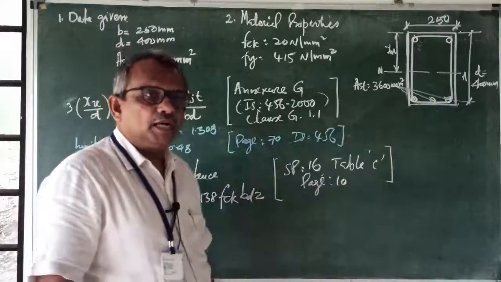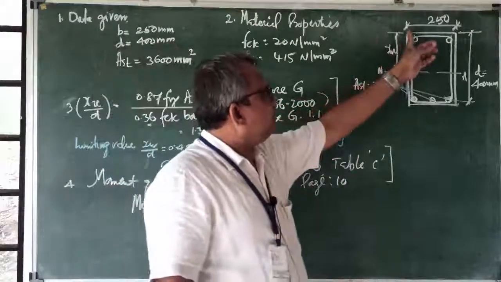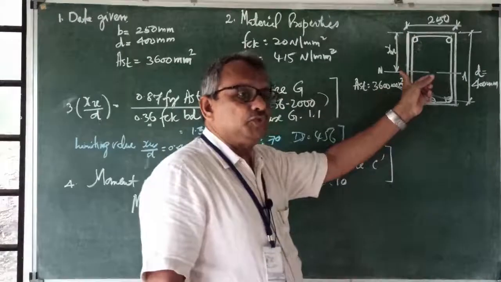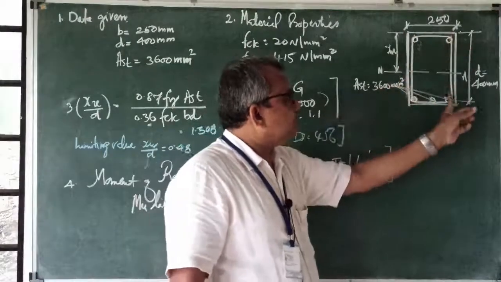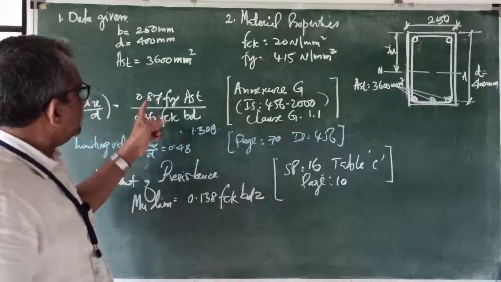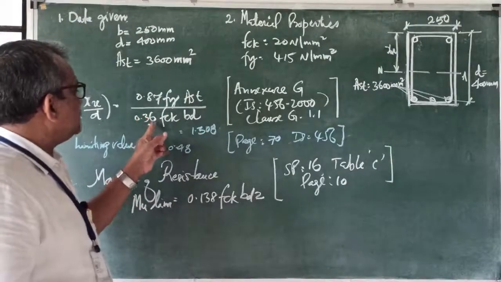It's a neutral layer or neutral axis. So the distance from the top of the beam to that axis is represented by XU, and D is the effective depth. So the ratio XU by D is equal to 0.87 Fy into AST divided by 0.36 FCK